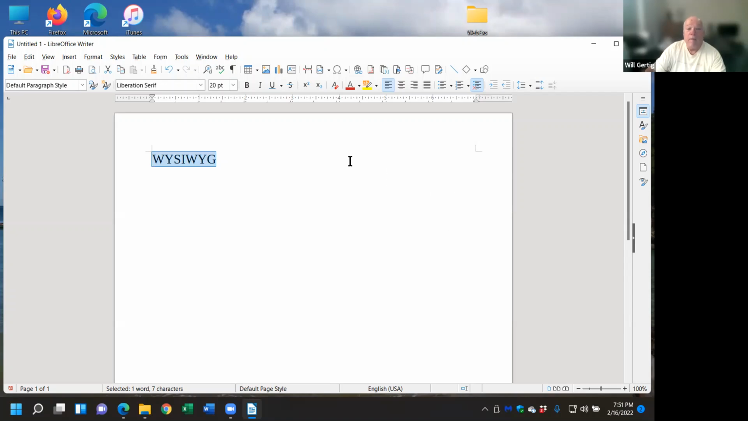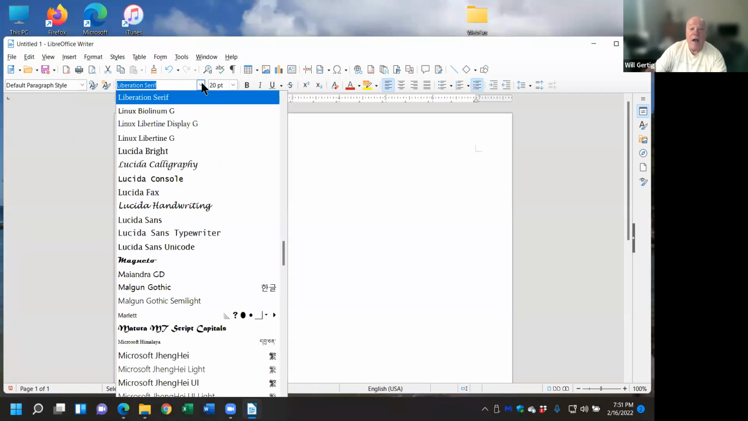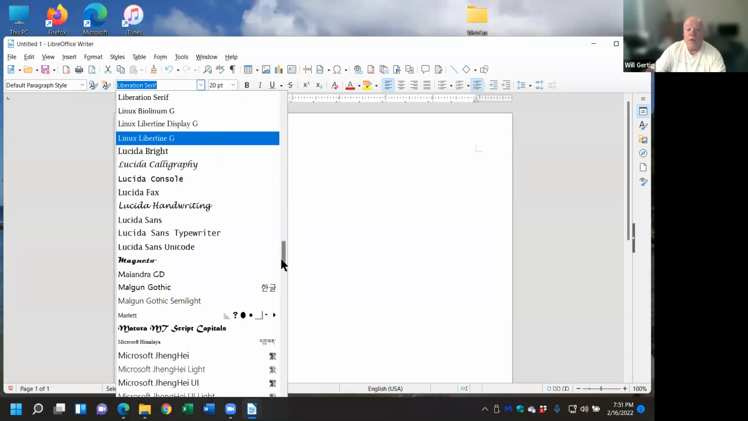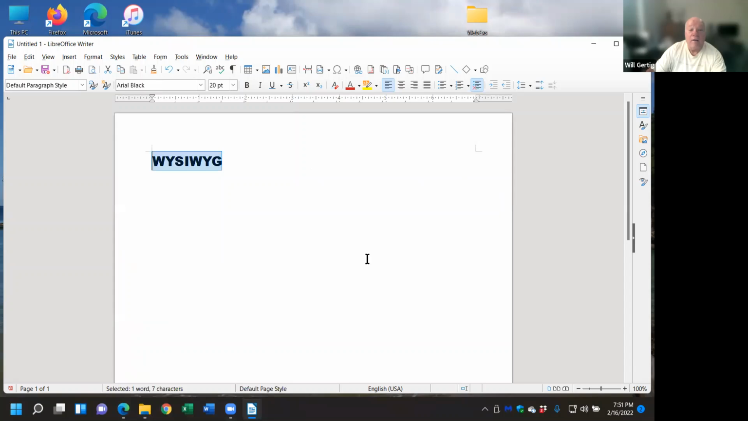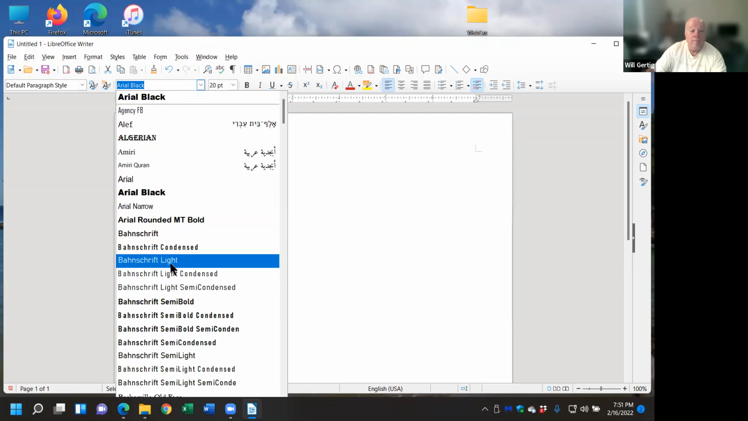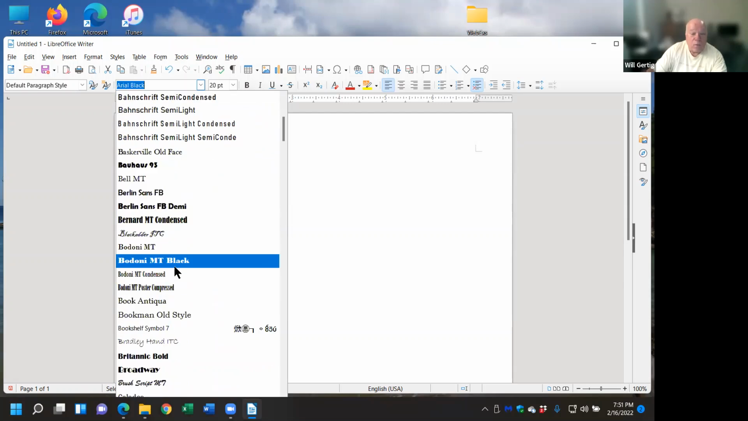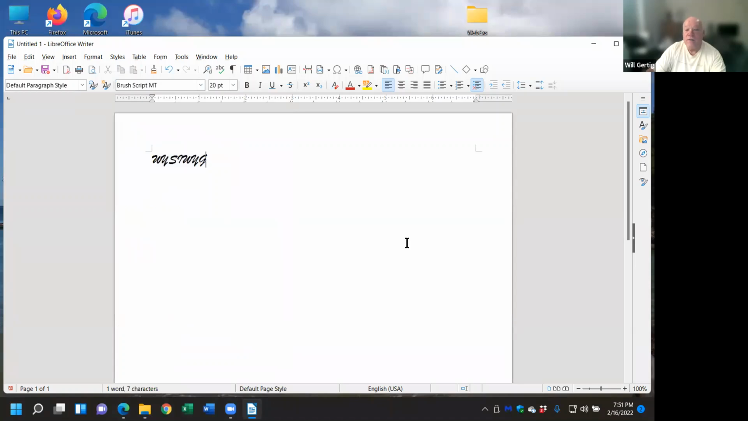Okay. I can change the style of the font. Right now it is set to what we call Liberation Serif. Not a very commonly used font, but we can go to commonly used ones like Arial Black. That's a real common one. Notice how nice and bold that got. Or I can change it to, what am I looking for? Here's a commonly used font for script. Here's another,